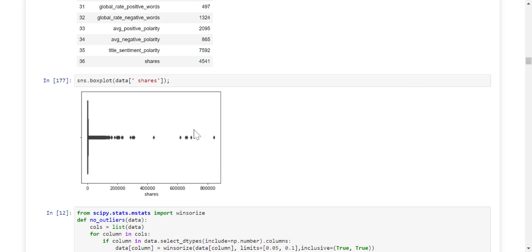Another way of checking the outliers is through a boxplot. Boxplot is my personal favorite because visual descriptions are always easier to comprehend. If you can see from this particular graph, the values which fall above 6 lakh and 8 lakh would be considered outliers, because most of the values are clustered somewhere around 2 lakh and 4 lakh, but these are the only values which are just going on their own.